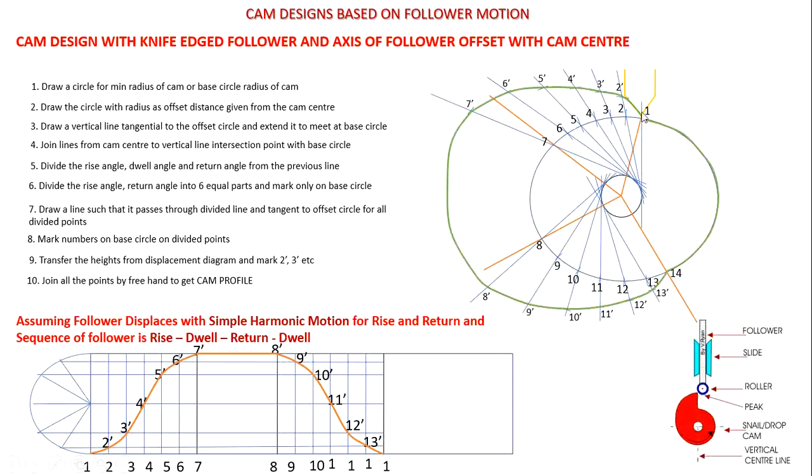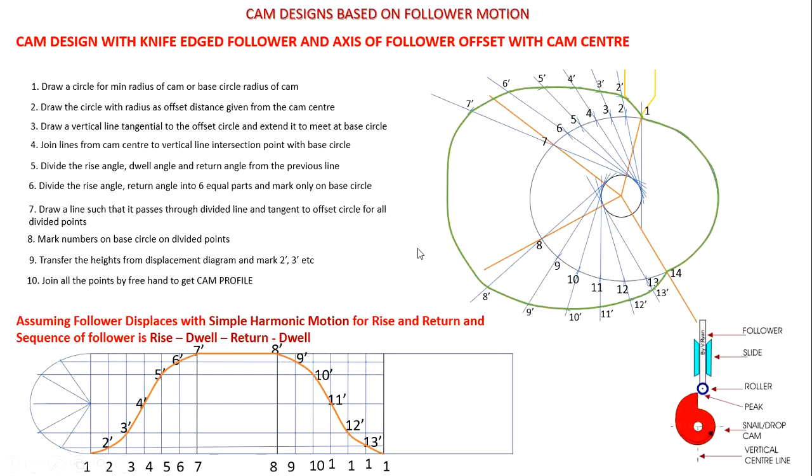Like this. Similarly, we have to mark with a highlighted color up to all. We have to mark a dark color. While doing it on the actual paper, we have to darken this cam profile. And here also the cam profile continues during this dwell period, so here also it should be highlighted. So this is about cam design based on follower motion.